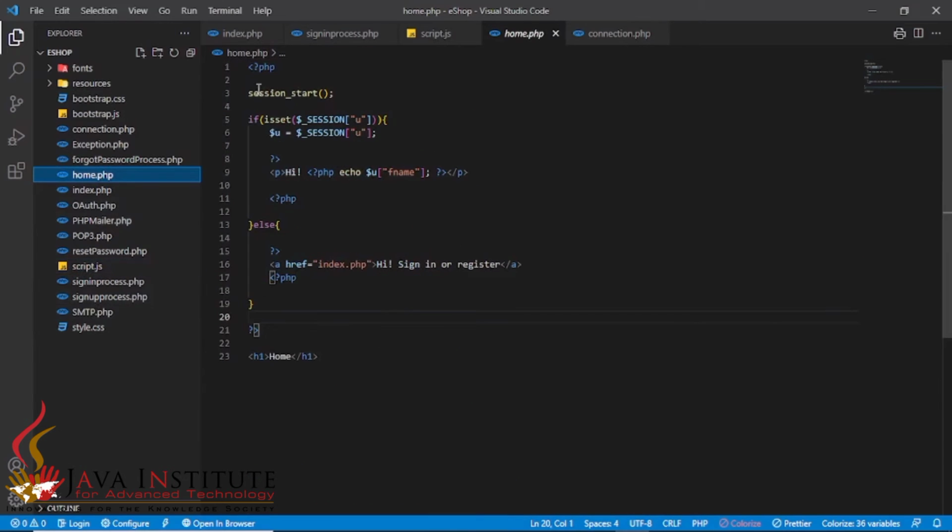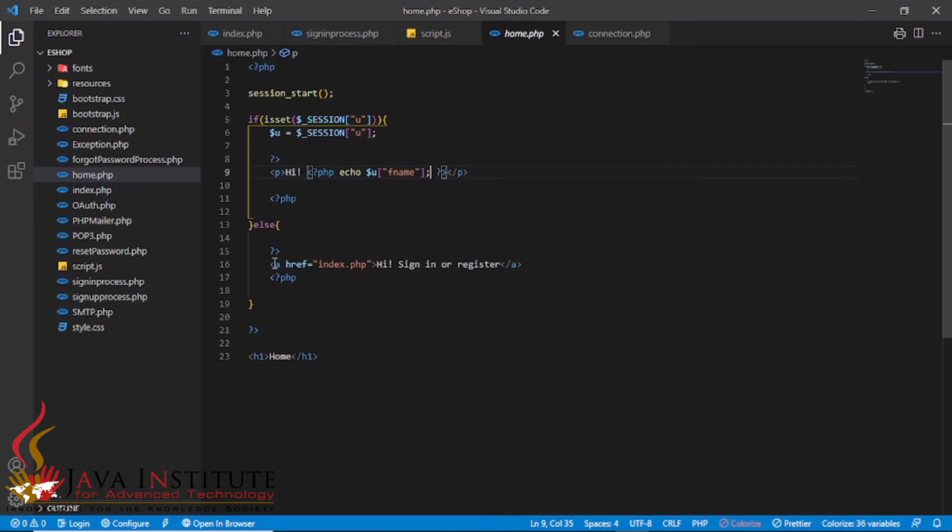In that I have started the session also, and I have checked whether the session is available or not. So if the session is available, I have gained all the details that are available in that session associative array into this $u variable, and then I have given this to this paragraph tag as hi, and I have echoed the first name of the logged user.